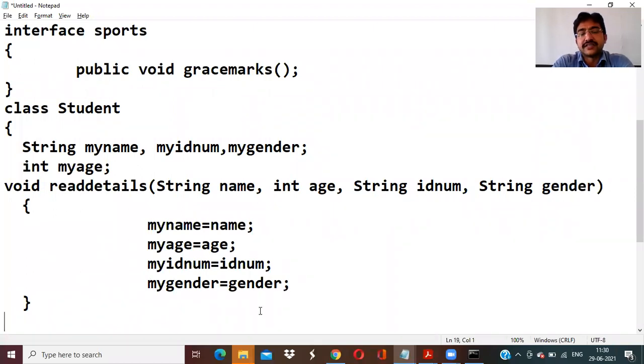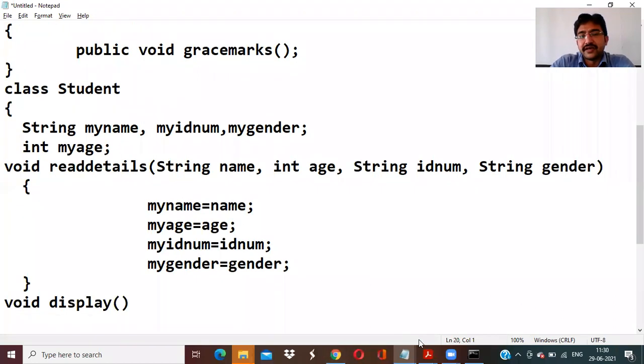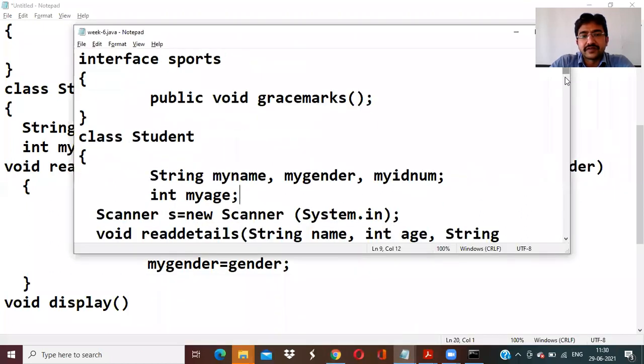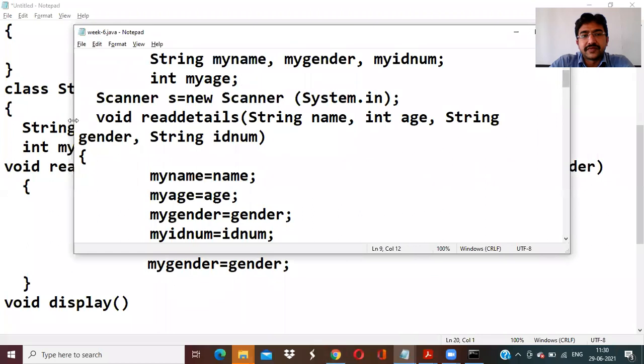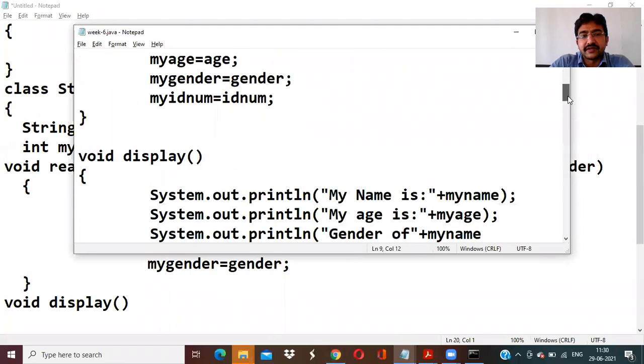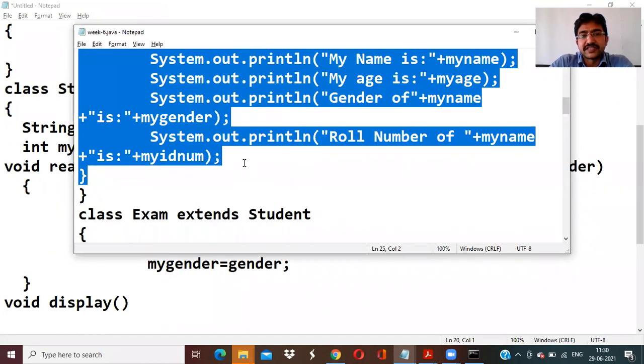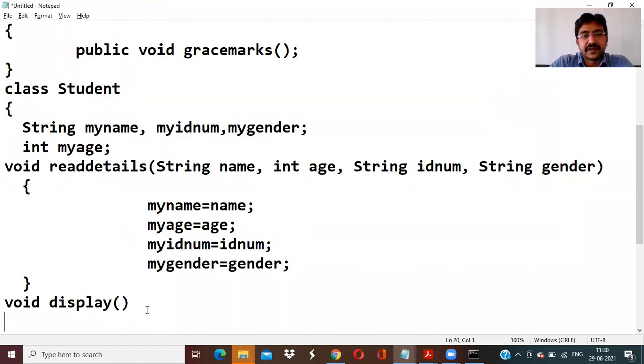And not only this, we are going to display some of the student details, right? If you want to display the student details also, we can display it directly. So void, we can directly display it. For the time being, I have just executed this one. Let me take that. So see here, read details, we are considering as read details over here. And just for displaying, normally how you display in a program, you just display the name, roll number. So here, right.